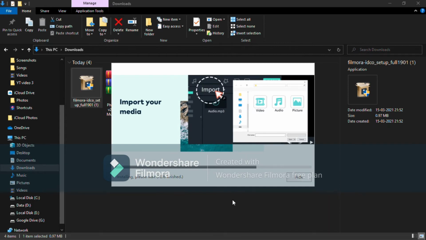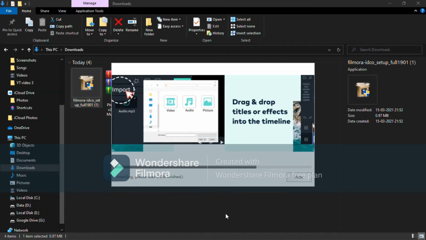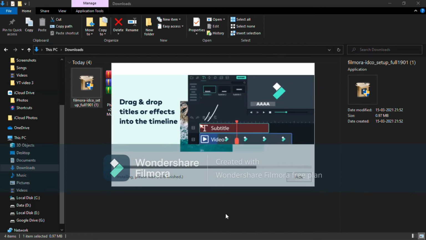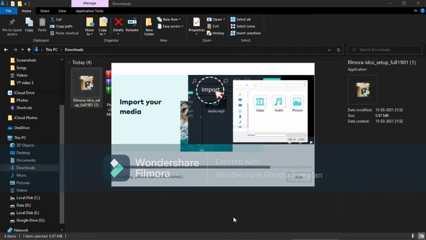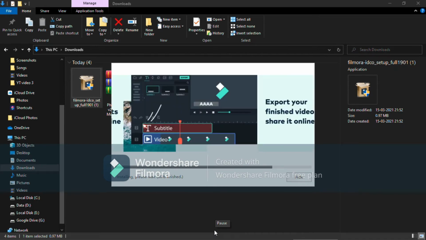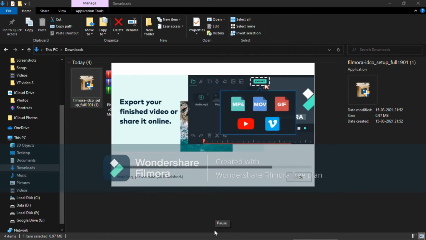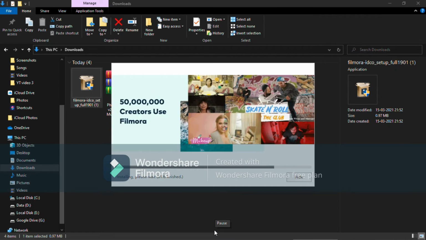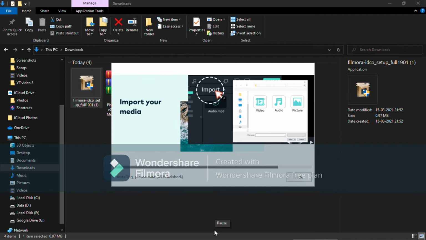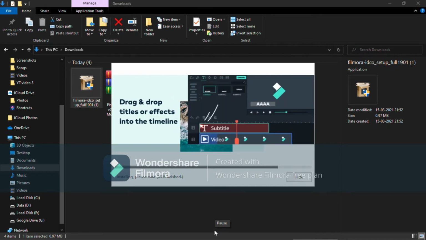And as it would take long to download, I would cut the video from here to shorten the video. As you can see that the download from 70% is now on 81%, and it is getting ahead very quickly, and it would end easily after a bit of time. I prefer this video editor because it's very nice, and there are many options that you can choose to edit your video.